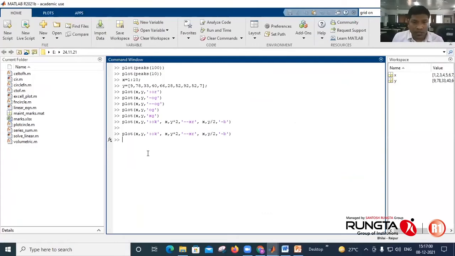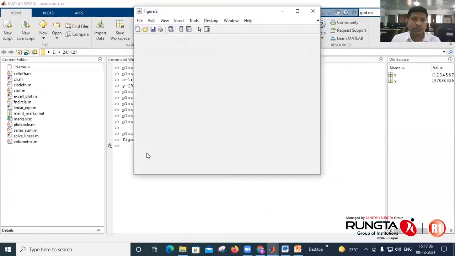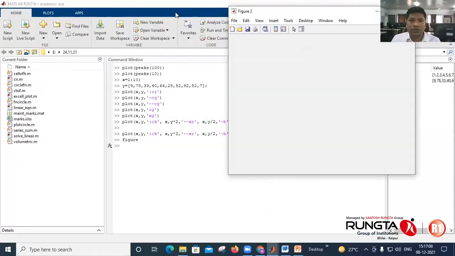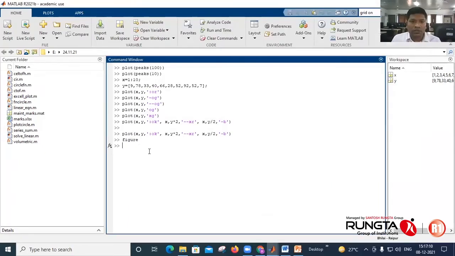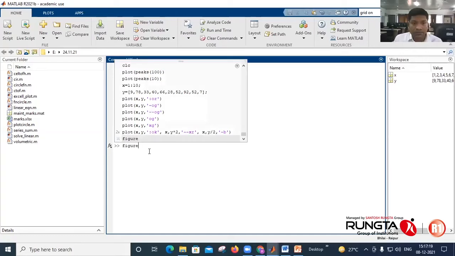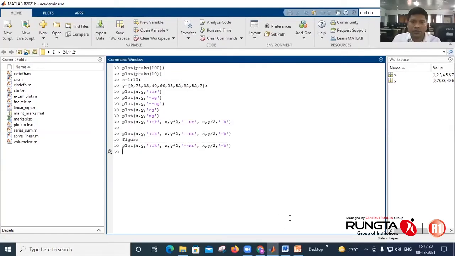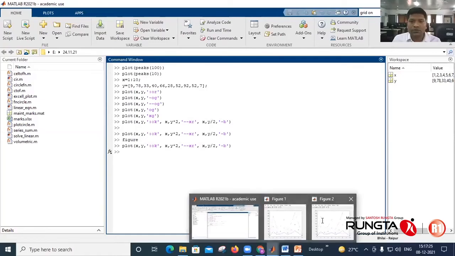Okay, so we'll do that. So for comparison, I will call another figure. So figure 2. And here I will define, again, I will call the plot. Same plot on figure 2. So it is generated on figure 2.